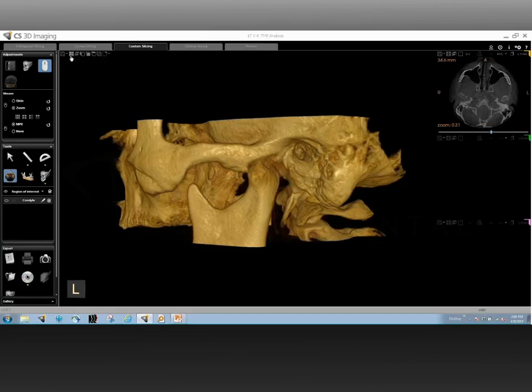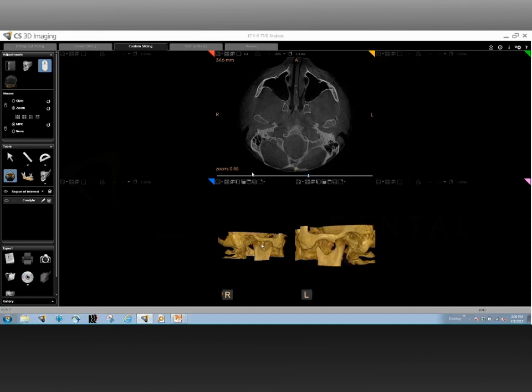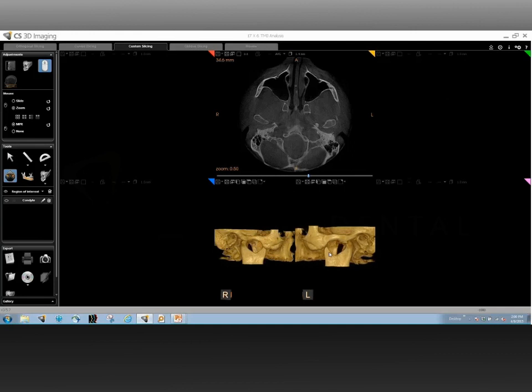Before I hand this over to you, let me just give a quick overview of what we're looking at. We begin with an axial view in our custom slicing tab. The custom slicing tab in our CS3D imaging software is specifically set up for TMJ analysis. In this view, you'll see that we begin with the axial view, a 3D rendering of the right side of the patient, and an additional 3D rendering of the left side of the patient. To begin to do a TMJ analysis, we click on our TMJ creation mode. And with simple 2 clicks,